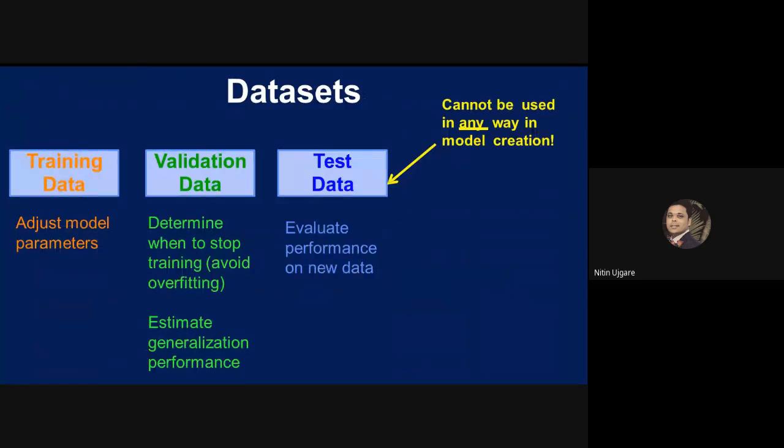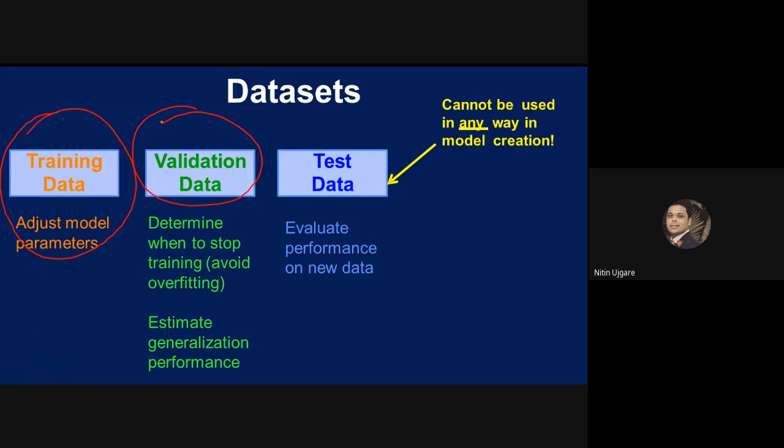Okay, so next slide. How many data sets are we using in machine learning? After this topic, you can clearly say that we are using three different types of data sets in machine learning. One is the training data set, which is used to build a machine learning model. Then we use the validation data set, which is used to determine when to stop the training of your machine learning model so that we can avoid overfitting, and validation data will also be used as the measure of generalization error.